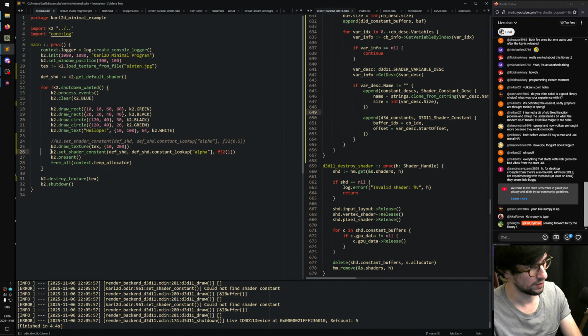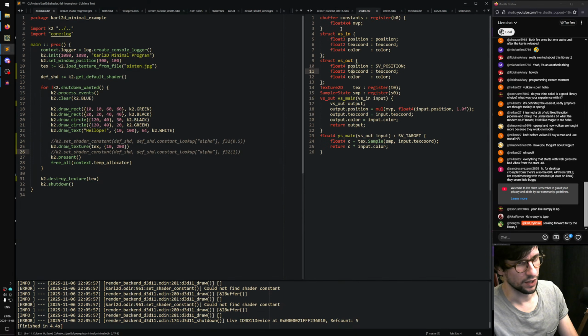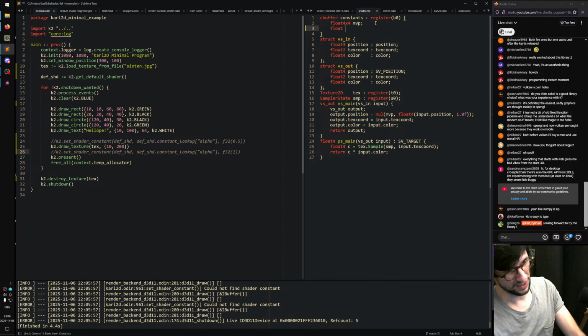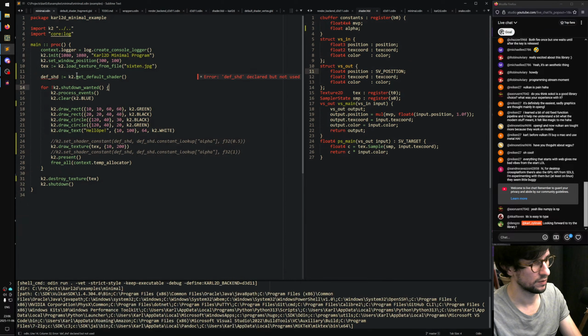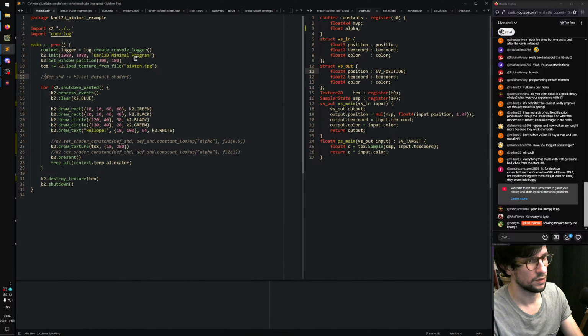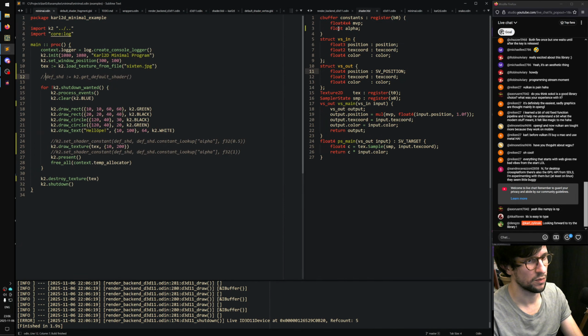But yeah, currently the moment you add this thing right now, that might still work. Yeah, this still works, but the moment I add that one and try to use it down here, then it has created one constant buffer for the vertex and the pixel shader, and it's setting the alpha in only the first one, but they should actually be shared, because